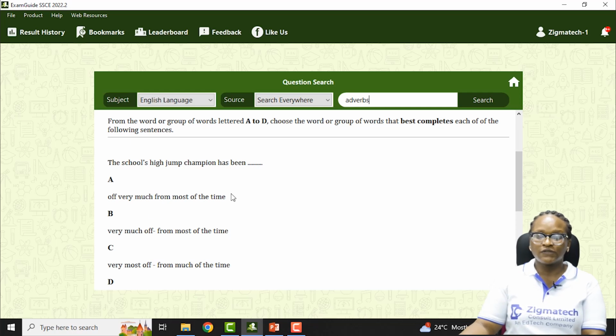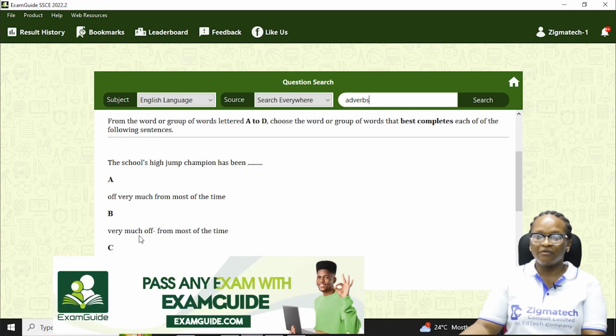These are options. You see that we have adverbs used in objective questions. Outside writing with them, you also see questions seeking your right choice of a use of adverb. So it says the school's high jump champion has been dash. Of is obviously a preposition, so we are looking at has been very much of. All right,